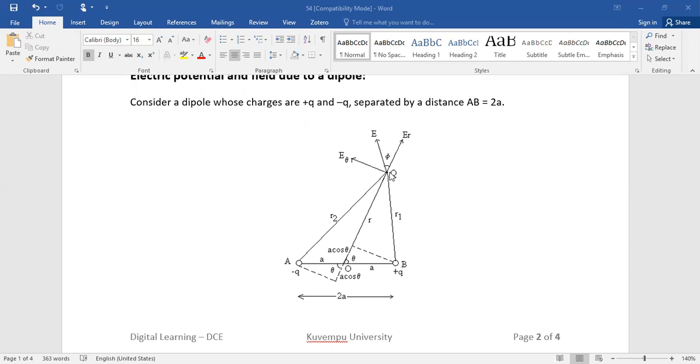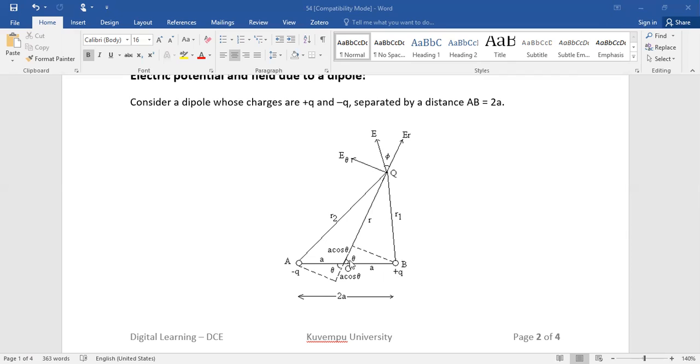At each point in this electric field, we can calculate electric field intensity and also electric potential. In the dipole field, at every point, we can define electric intensity as well as electric potential. Let us choose a point Q, which is at a distance from the center of the dipole.